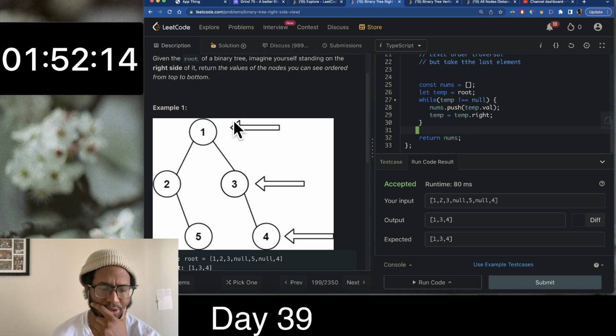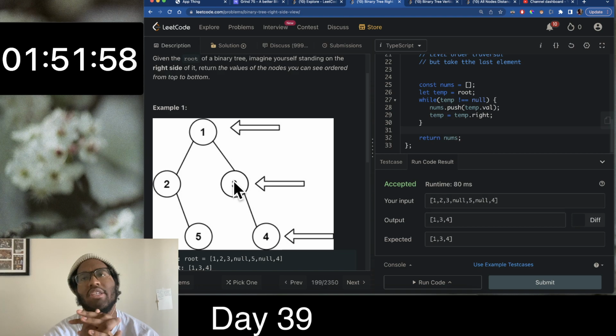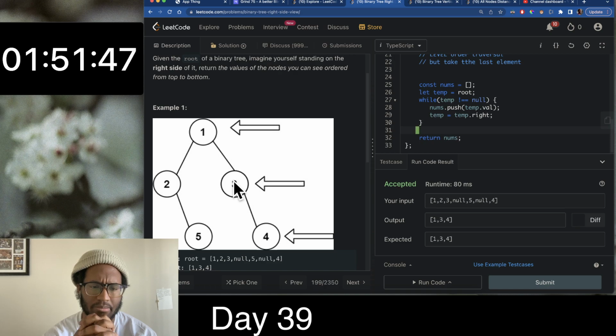Because we usually push 1 on, right? Visit the children. We push 1 on to the queue, do the work we need to, then push its children on. And so we need a way to tell when a level is finished, or a level is complete, basically. And so maybe after the final element,